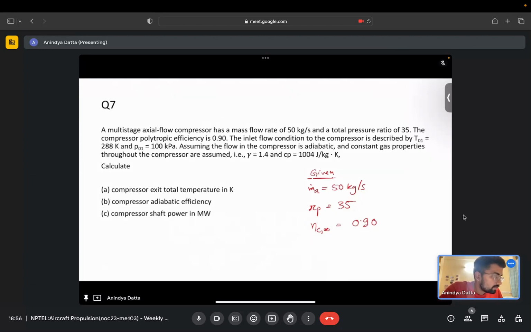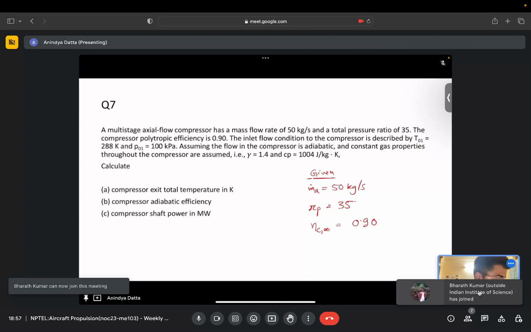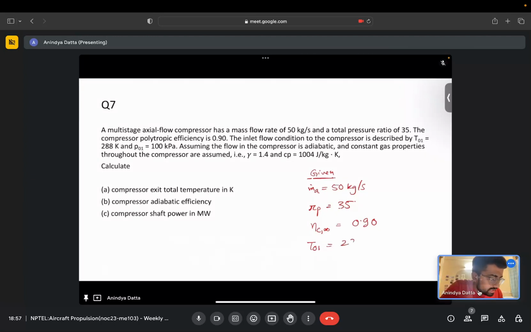Okay, the inlet flow condition is described by T01. From now on, whenever we are dealing with real cycles, instead of static temperature and static pressure, we will be using stagnation temperature and stagnation pressure, but the process followed for the evaluation of different quantities stays similar. We are just using stagnation quantities instead of static quantities. So here we are given T01, the inlet to the compressor, that is 288 Kelvin, and the inlet pressure is